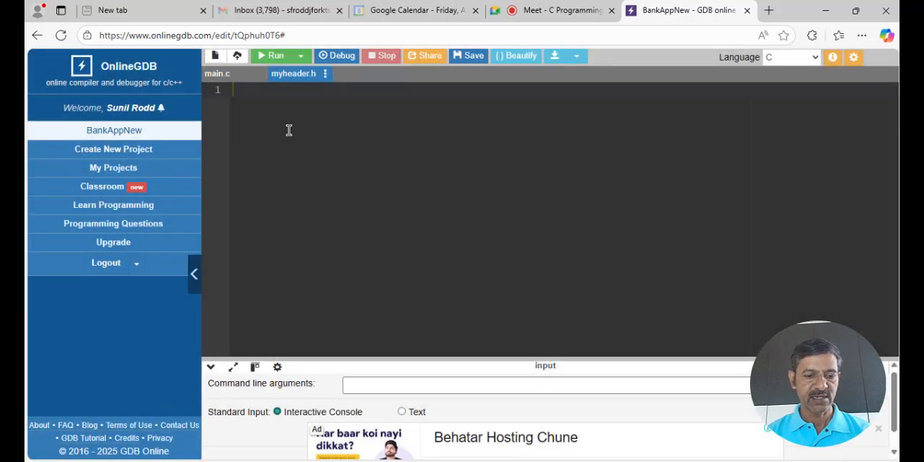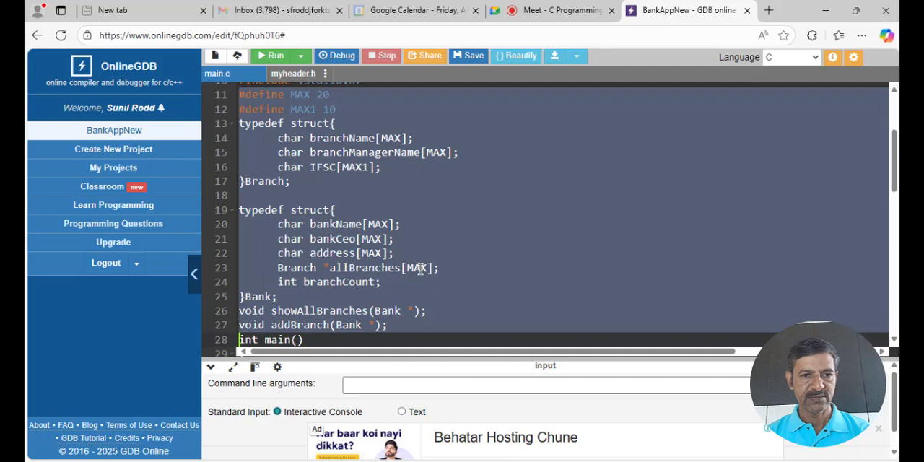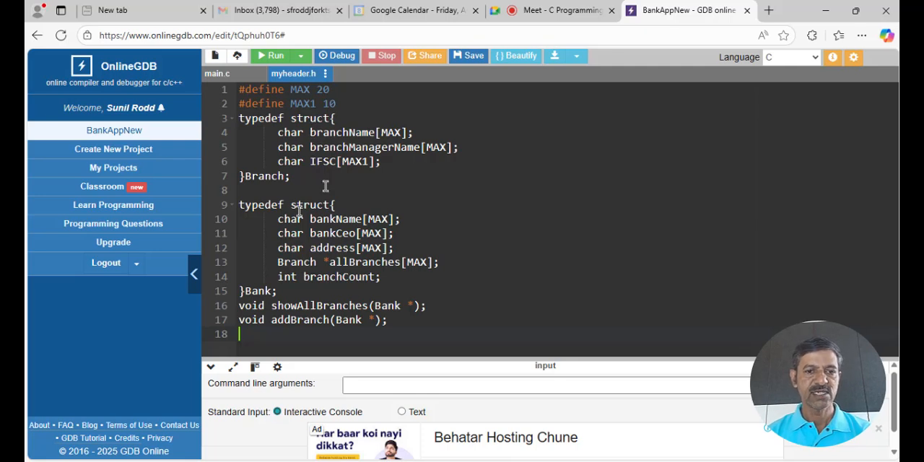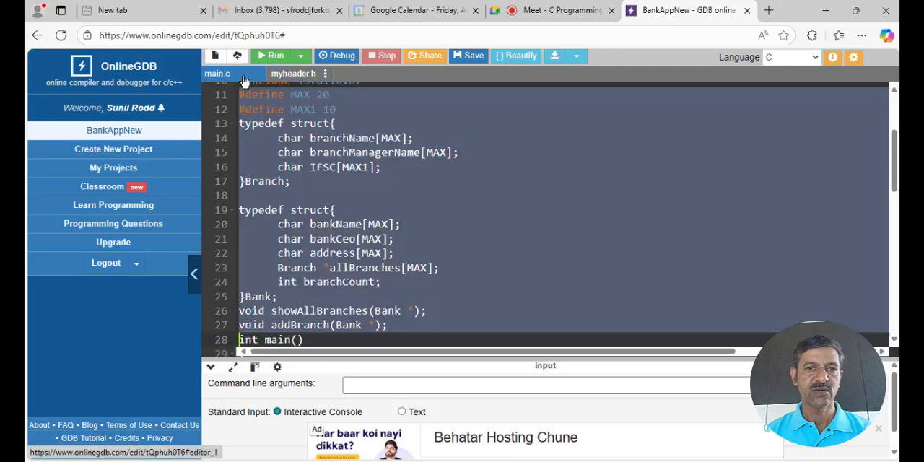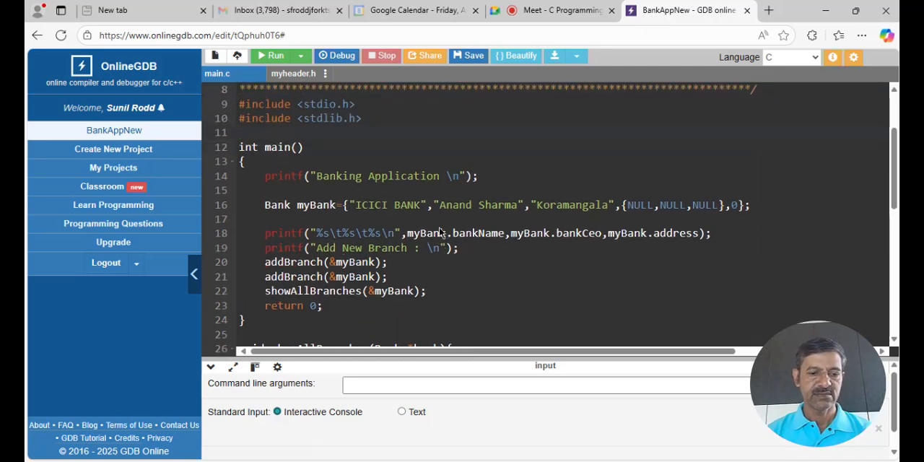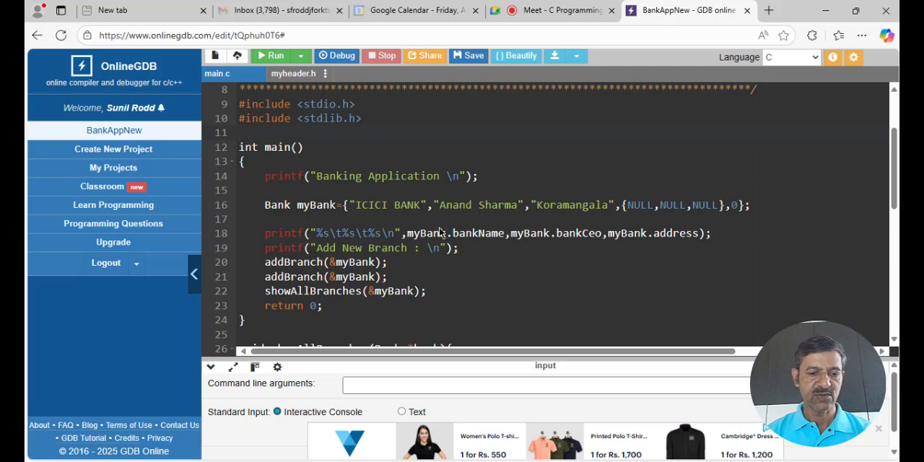So in my header.h, you can include all these constant definitions, your structures, and all in your own header file. And from here, you can remove it and just include your header file as hash include